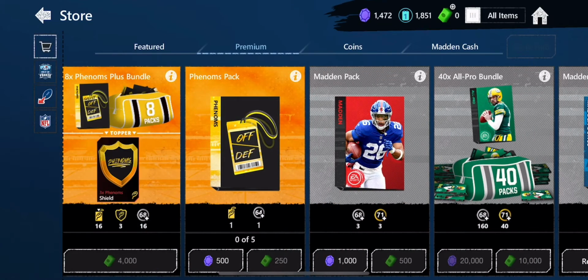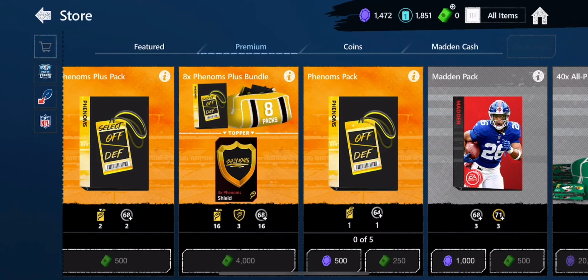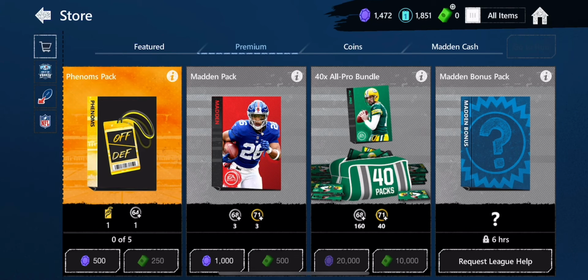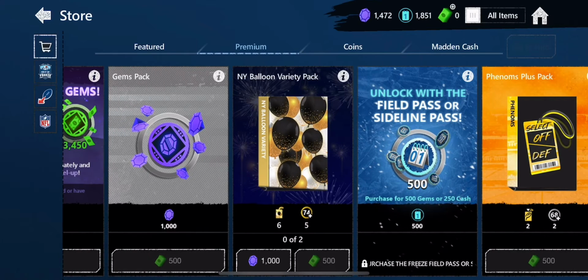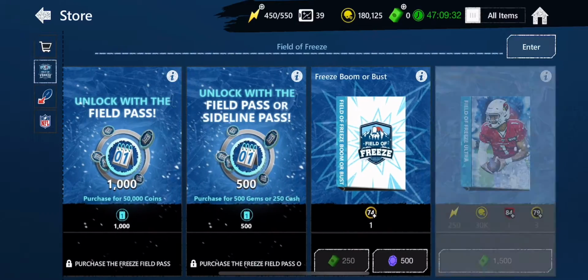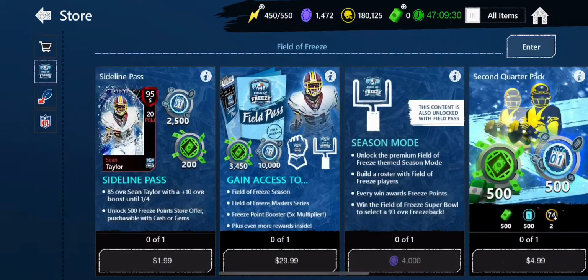As far as the gems go, the premium, like I said, you earn those from the feats and stuff like that. I can get the Madden pack, but I don't think it's really worth it. The only ones I really use it on are like the promo packs, like this balloon variety pack, which, like I said before, I don't really need any more of those because I'm not going to be able to complete the Darren Waller set. There's just not enough time for me to be able to do that one. Plus, I have the 91 or 90 T.J. Hockenson already. But